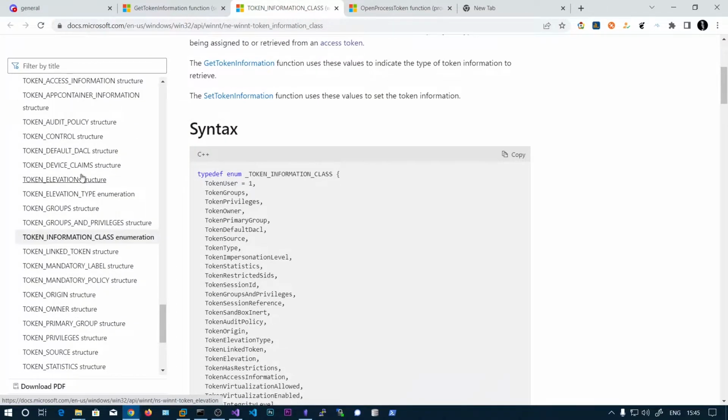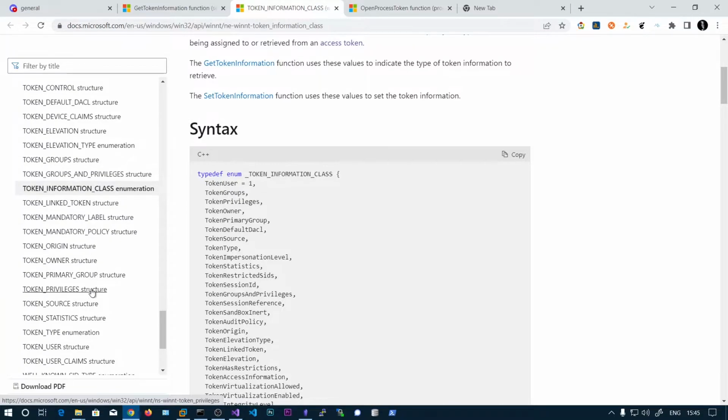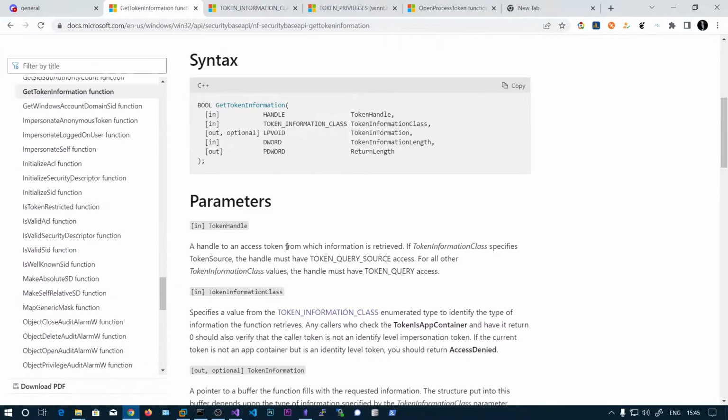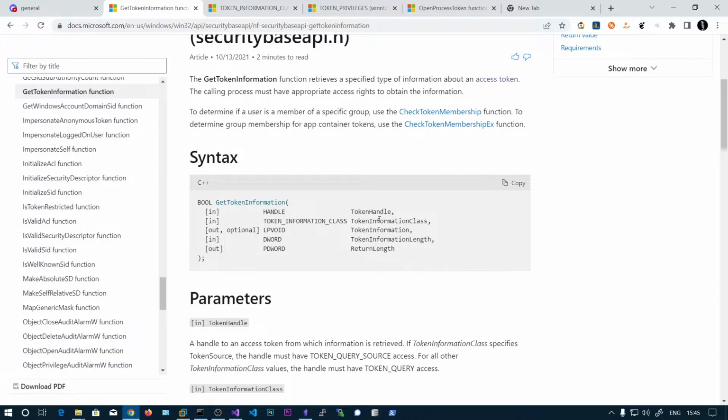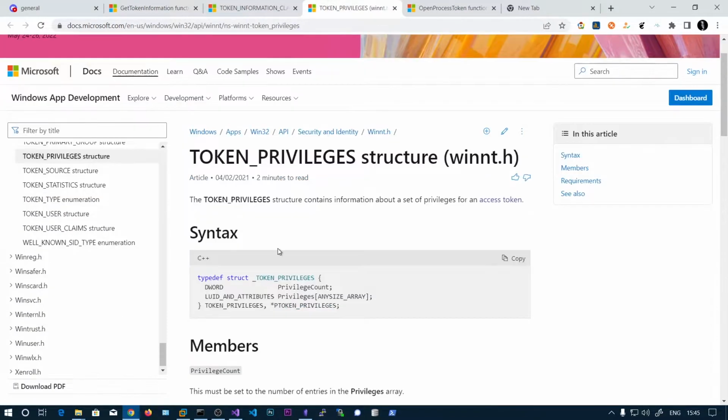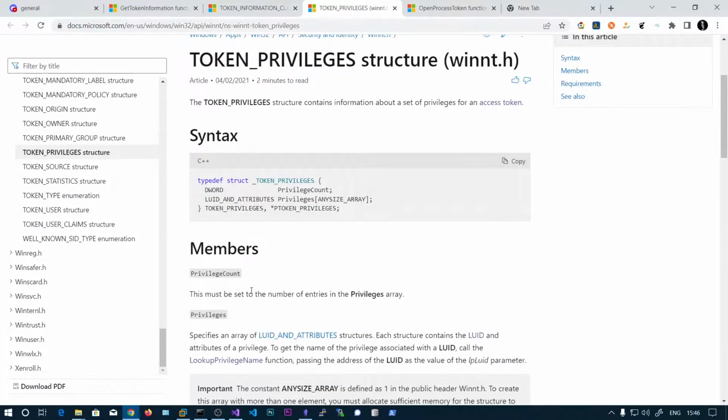On the left side you will also see the structure, and if you go to this TOKEN_PRIVILEGES, here we have first the PrivilegeCount, the number of privileges our token has, and the second one is an array of structures, and that structure is LUID_AND_ATTRIBUTES. This LUID is the unique ID, that is a long. So if you go to this LUID and attributes,